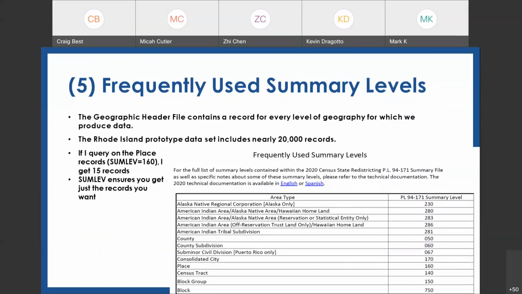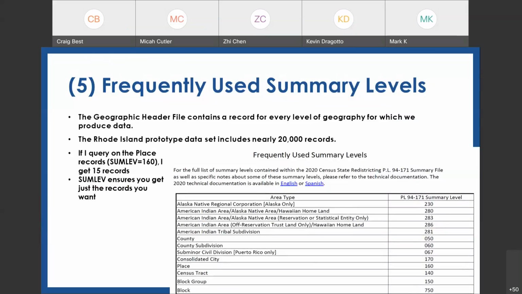Number 5 is the summary level codes, the SUMLEVs. And here's why that's important. I mentioned that there's 250,000 records in this geographic file. But what if you only want places, only want cities? Well, Iowa has around 1,000 incorporated places, I believe, throughout the state.